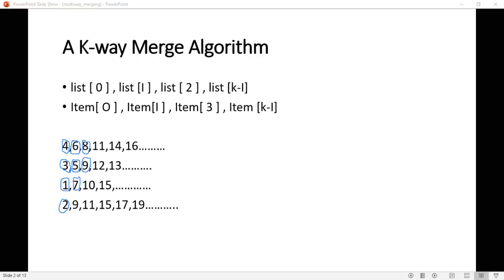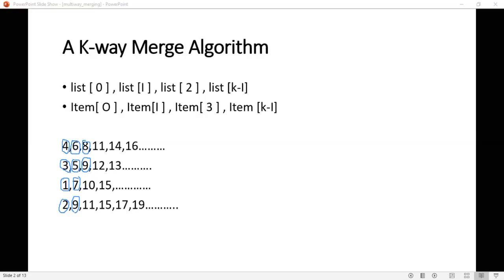Now you have to compare this particular 9 with the first element, that is 11. No match. With the second index item, 9, yes, there is a match. You have to proceed in this particular list. Again you have to compare with this item. No match. With this item, yes, there is a match. See, now there is redundancy, so you have to proceed in these two lists. Next item from these two lists you have to fetch, and like that you have to move on.